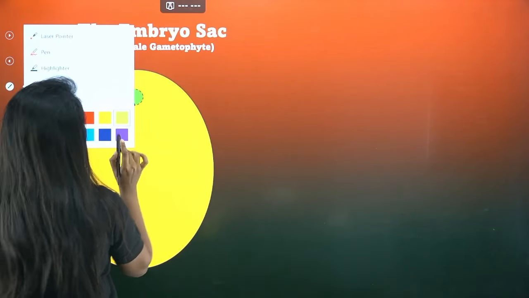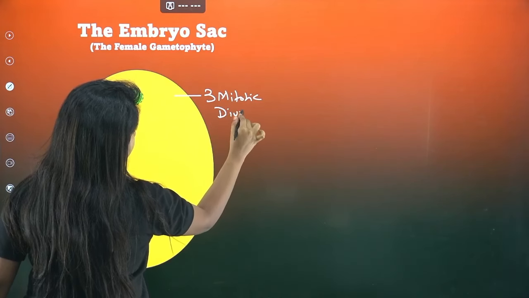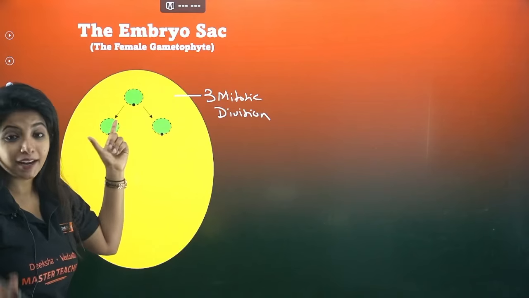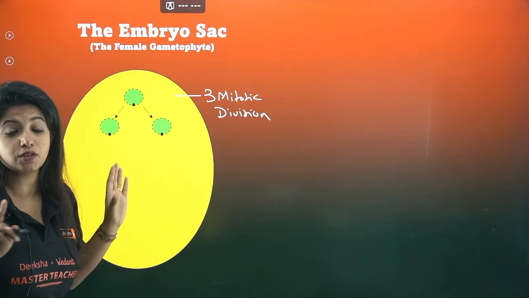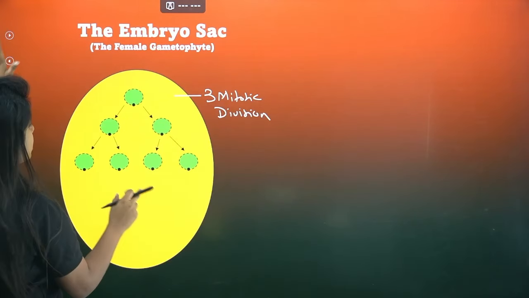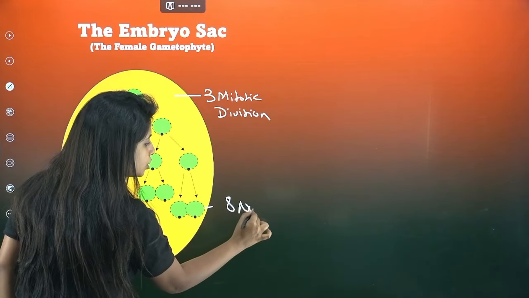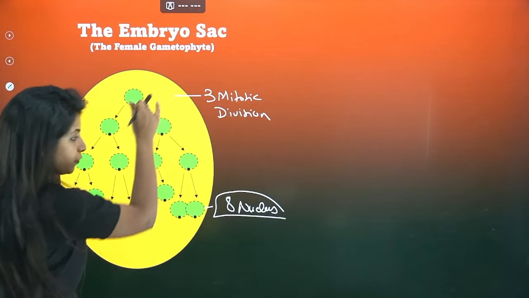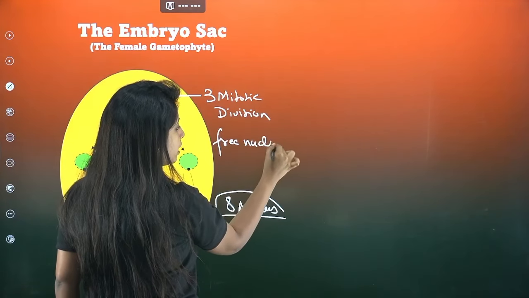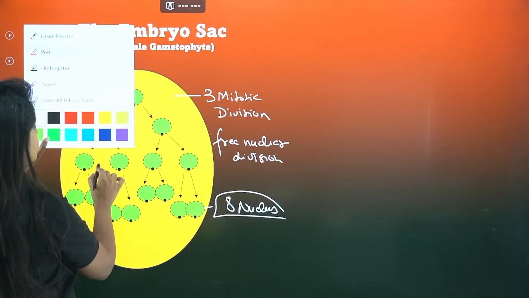So I'm writing it. Do not forget, 3 mitotic divisions. First mitosis happens, you get 2 nuclei. Remember, cell wall formation is not happening. The nucleus is the only thing that is dividing. You got 2 nuclei, then again these divided, you got 4 nuclei, then again these divided, you get what? 8 nuclei. How many nuclei? 8 nuclei you got. And then you know what? You call this division free nuclear division. After this division, slowly cell wall comes around